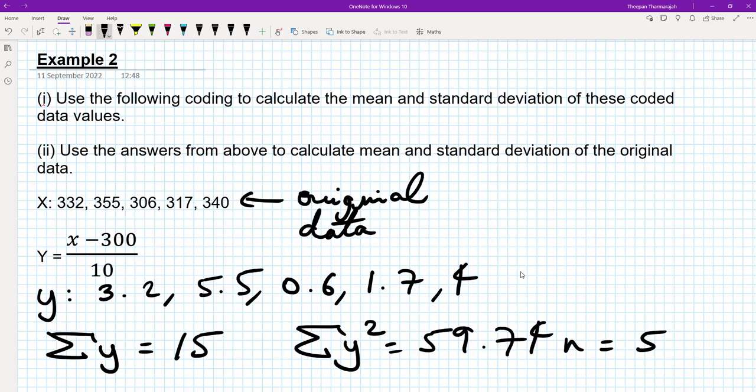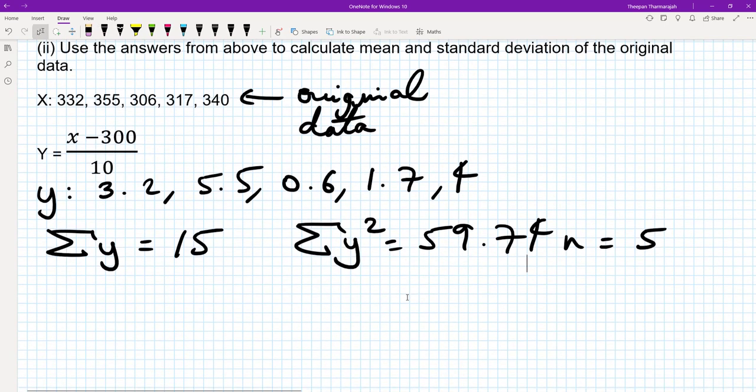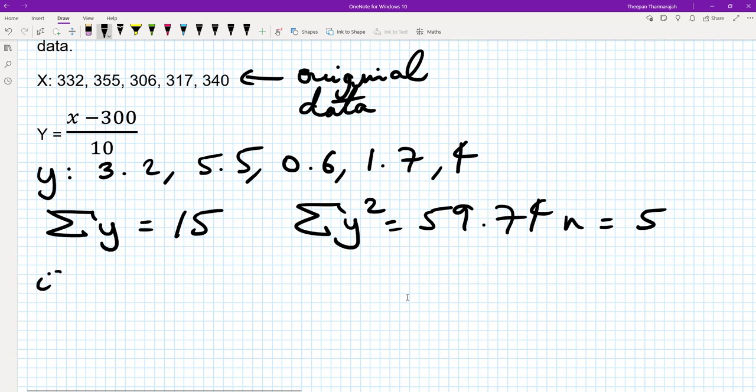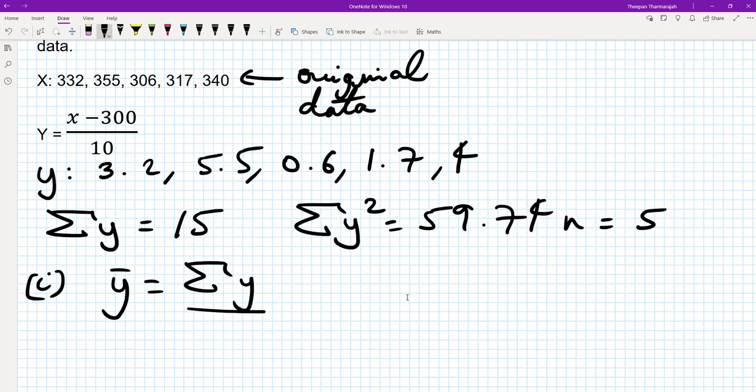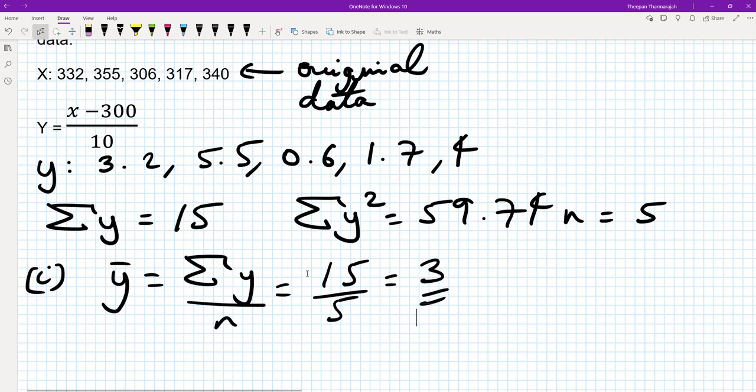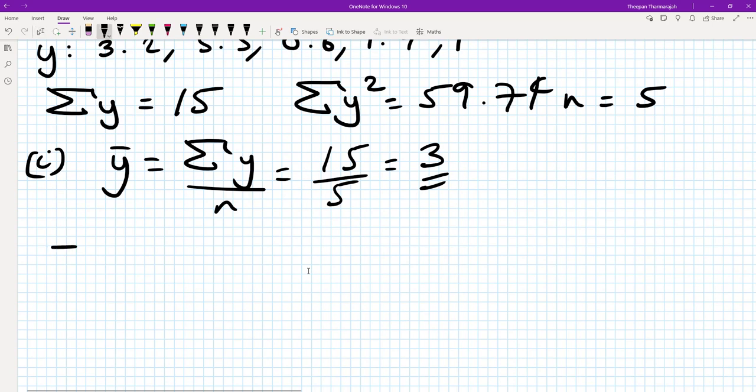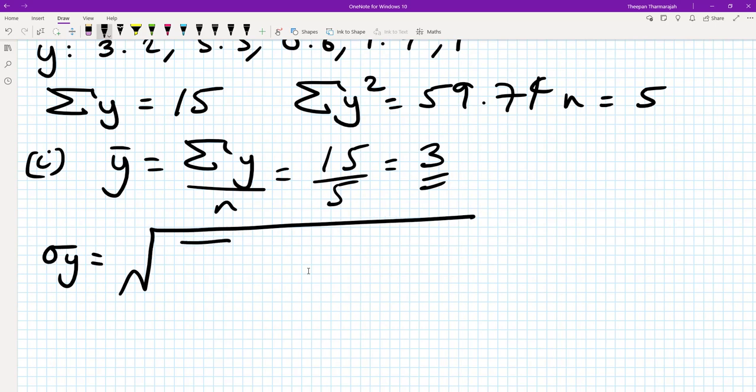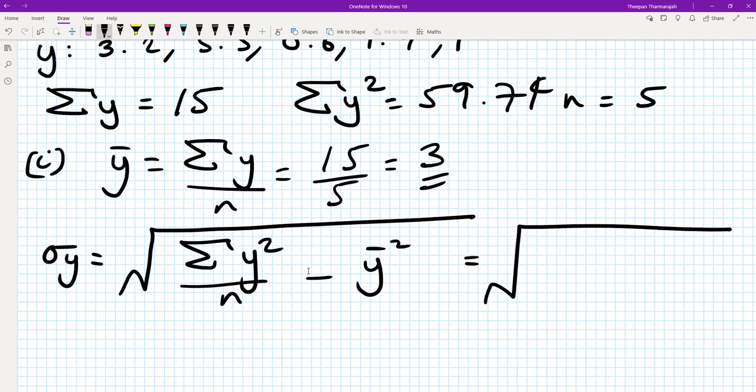Now we need to work out the mean and standard deviation of the coded data first. So for part 1, we can say that the mean y bar is the sum of y over n, which is 15 over 5, which is 3. Now we're going to do the standard deviation. So the standard deviation for y is the square root of the sum of y squared over n minus y bar squared. So in our case, it's going to be